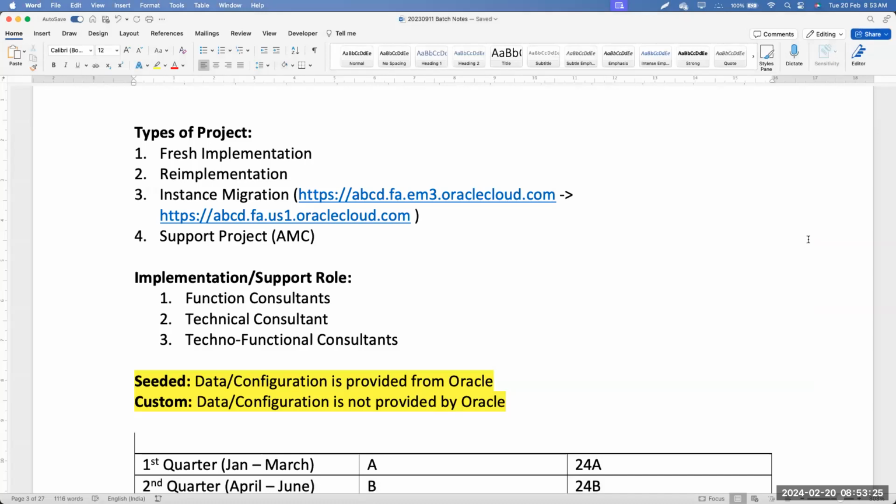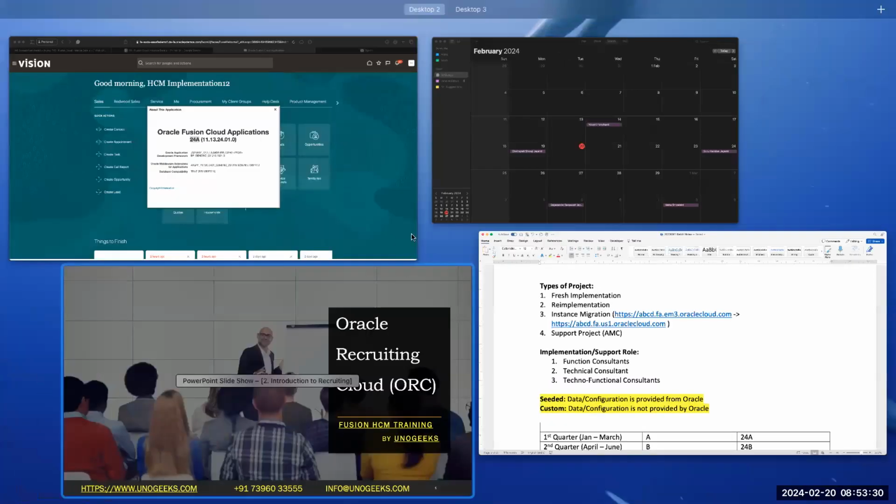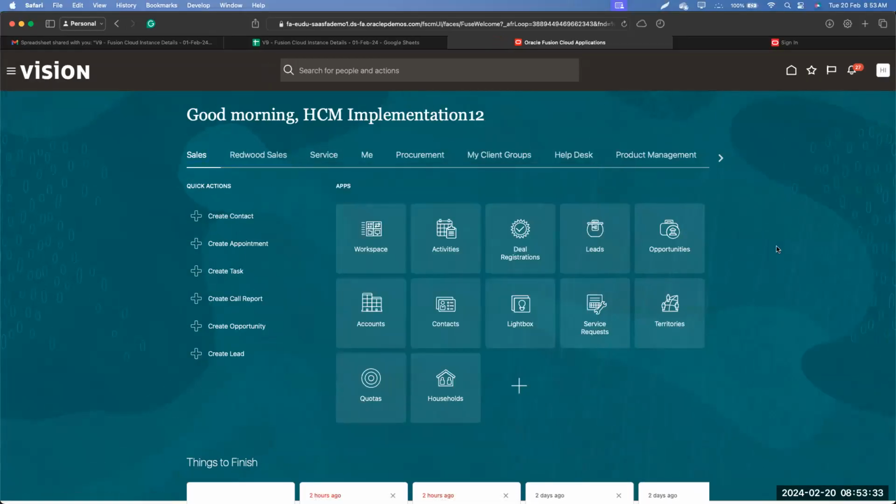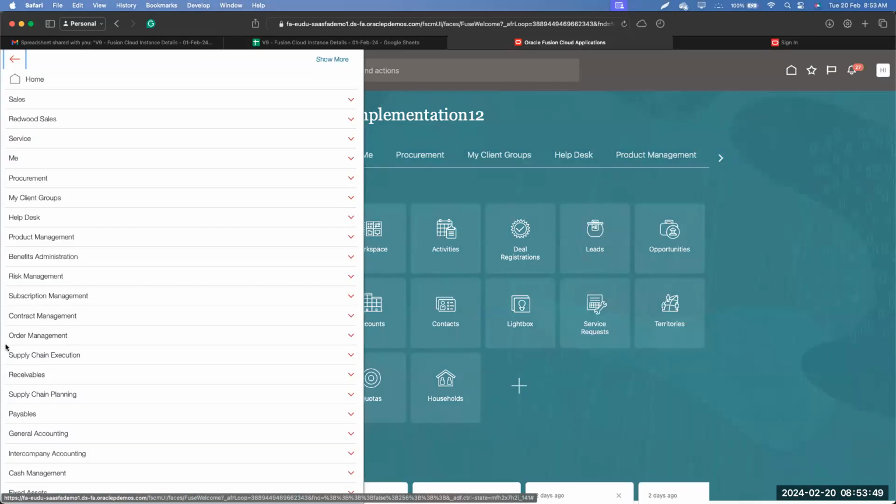Any other doubts or questions, team? Since we are on this page, this navigation which you have mentioned, which we can customize, right? Franklin, can you go to this navigation, please? Okay, so here you have a lot of options, right? I am an end user of Oracle Fusion, so I don't have these options. It is limited. We have maybe 4 or 5 options.